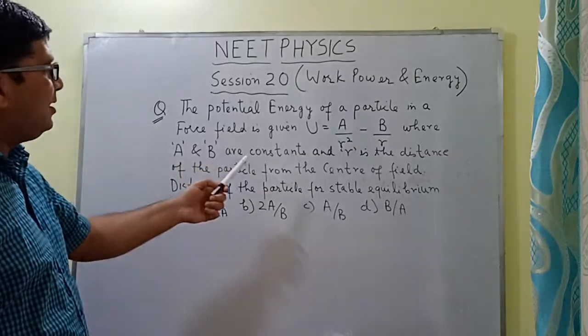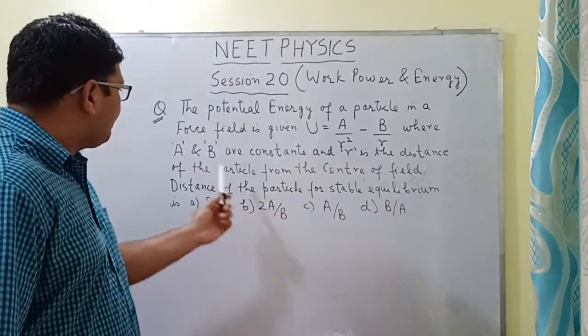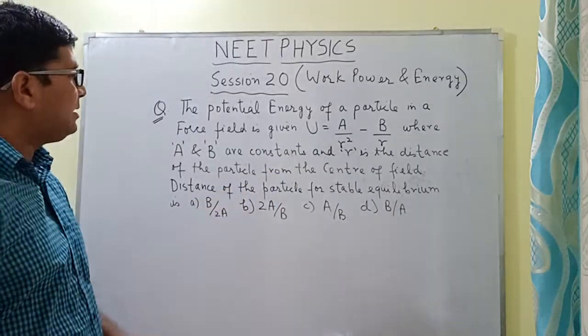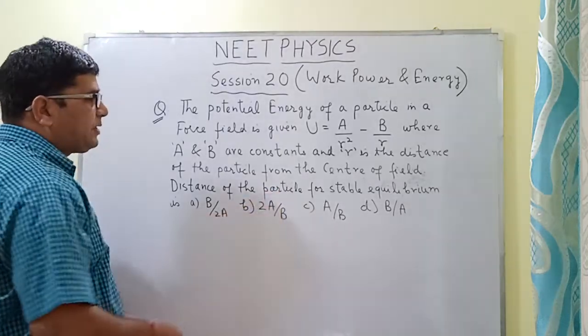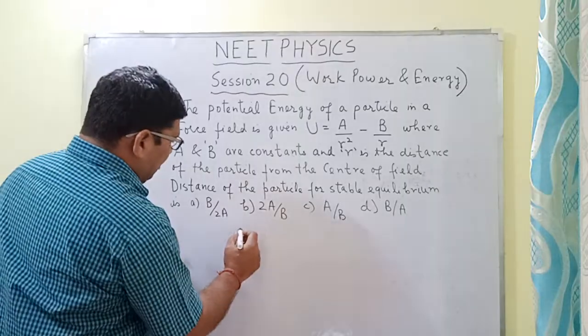a force field is given by U is equal to A upon R square minus B upon R, where A and B are constants and R is the distance of the particle from the center of the field. So the distance of the particle for stable equilibrium क्या होगा? See, for the stable equilibrium,